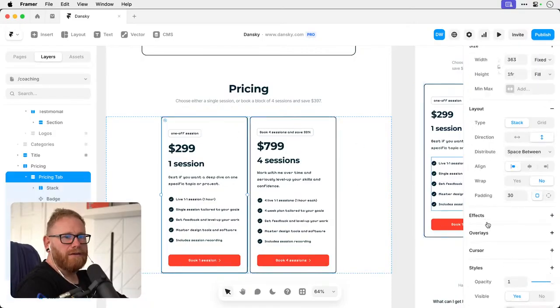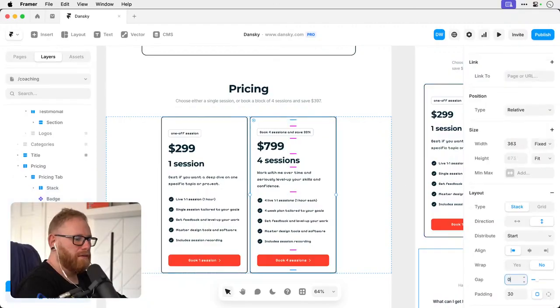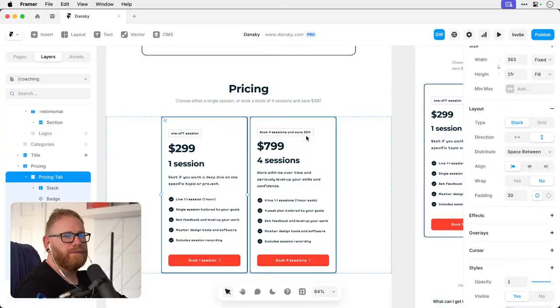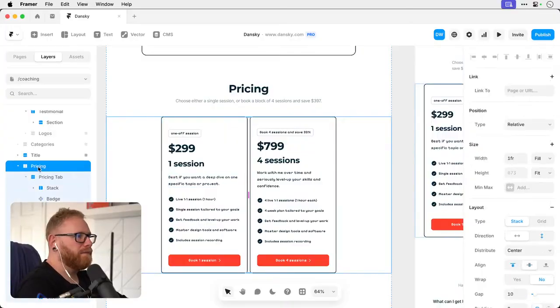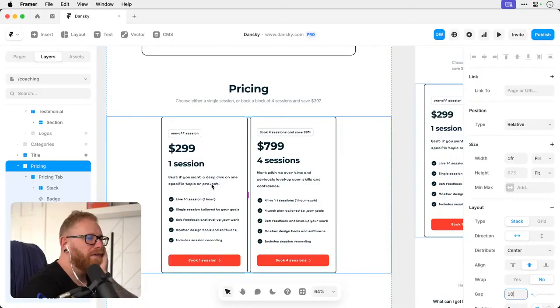Padding. Oh, hang on. Gap. Oh, of course.